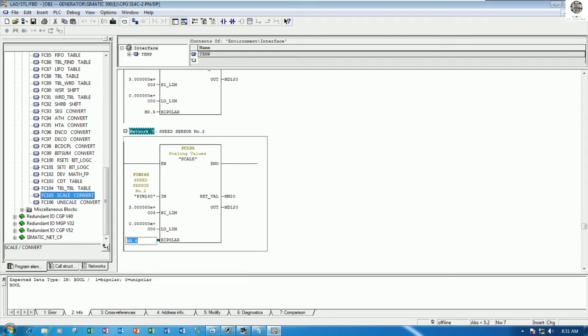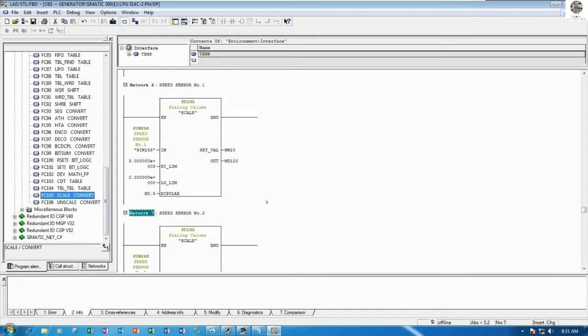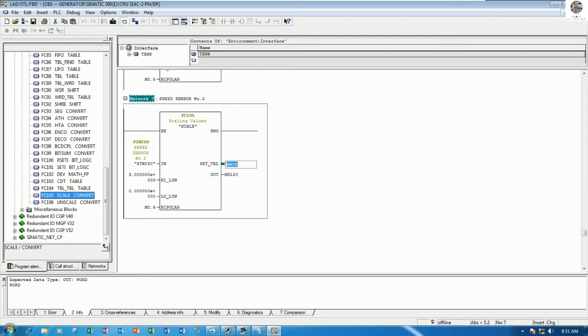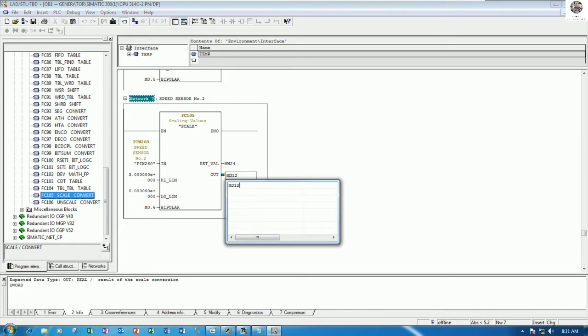This one I will change to M0.6, okay, and this one should be MW24 MD 124,